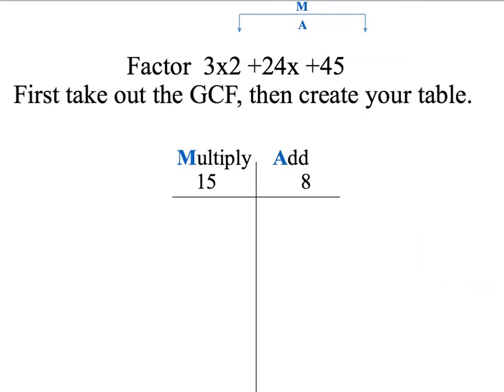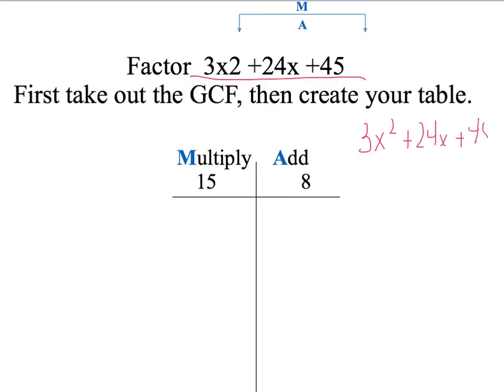So there are some cases where you might need to do one extra step, and that is taking out the greatest common factor first and then creating your table. Okay, so off to the side I'm going to rewrite my original equation right here. So I have 3x squared plus 24x